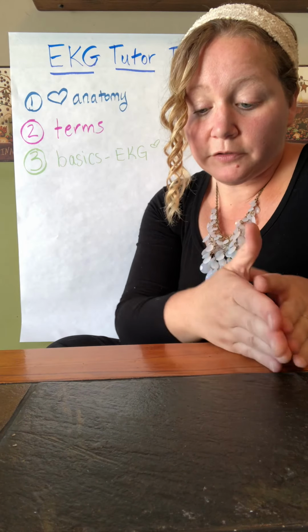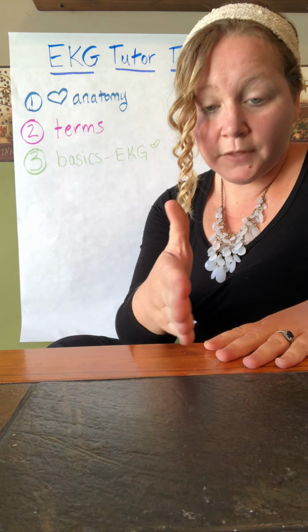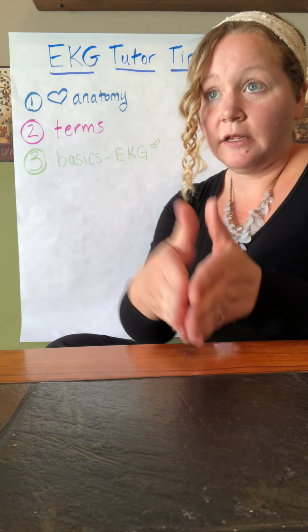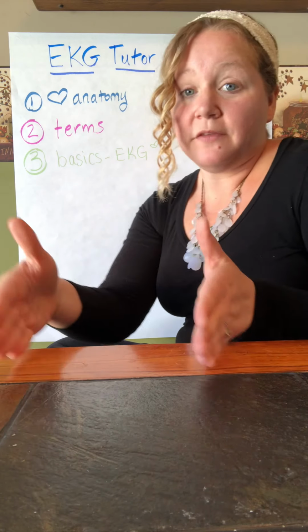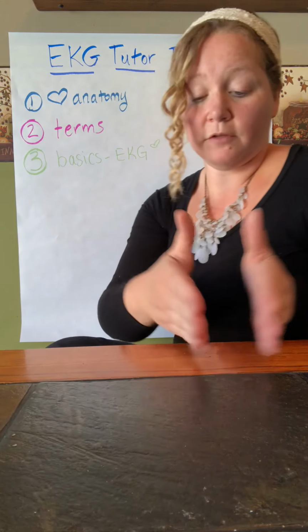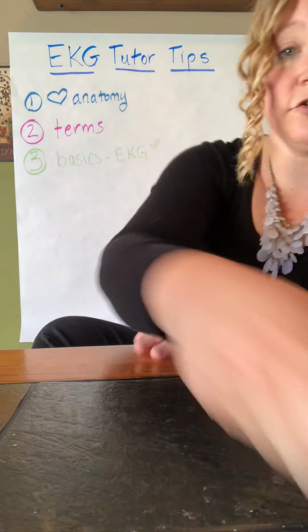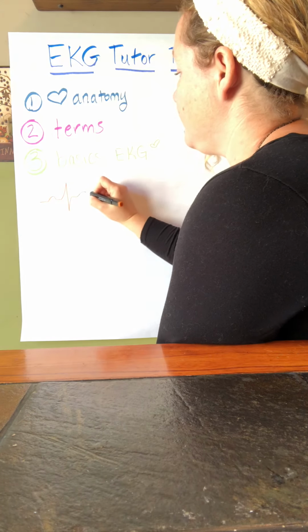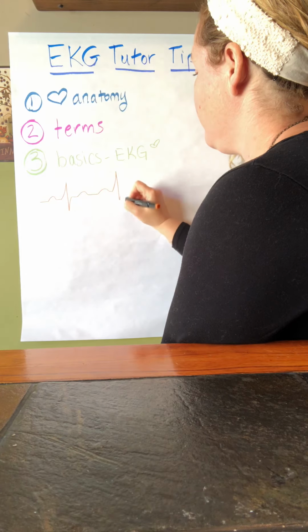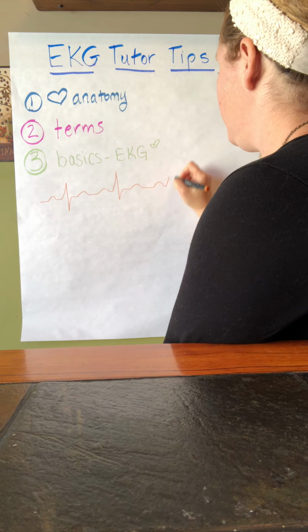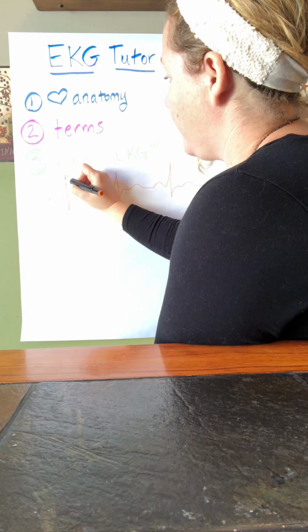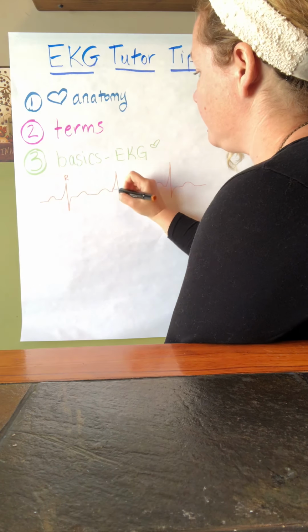So I look to see, do I have QRSs? Is there a P wave before every single QRS? And then I like to see, are my QRSs spaced out the way they should be? Are they equally spaced from one another? So I'll just draw a quick picture. I should have a P, a QRS, and a T. A P, a QRS, and a T. P, a QRS, and a T. Right? So this is my R, QRS, QRS,